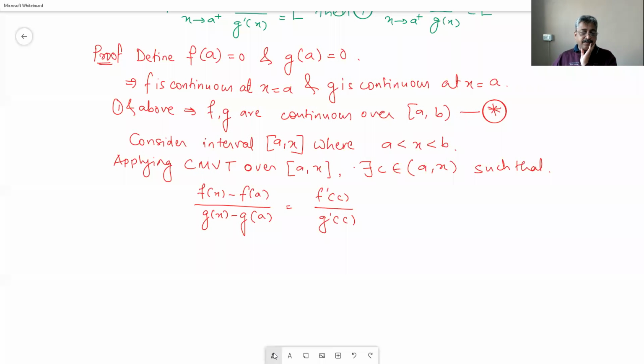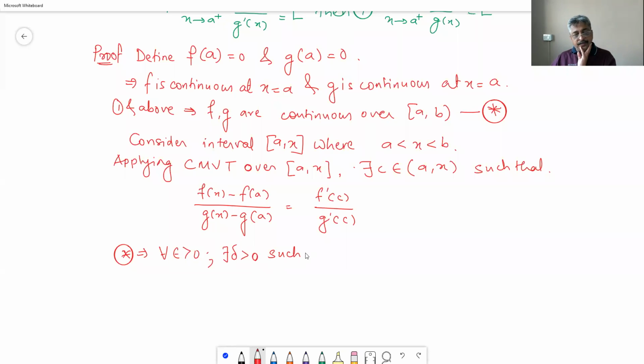Star implies for every epsilon greater than 0, there exists delta greater than 0 such that for every x belonging to delta neighborhood of A intersection a comma x, we have